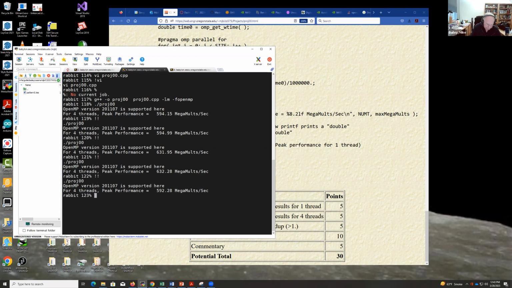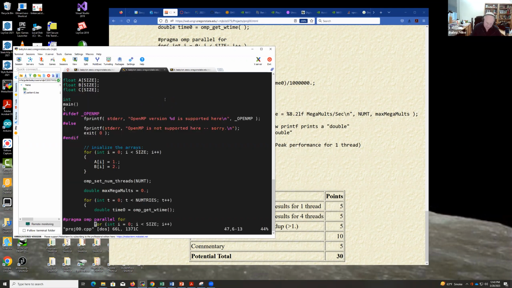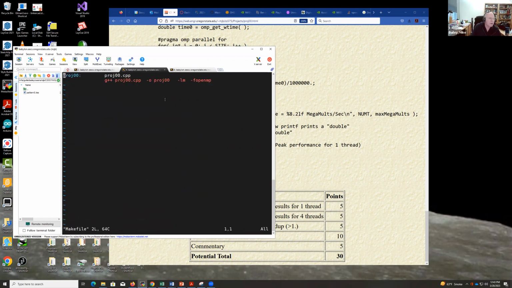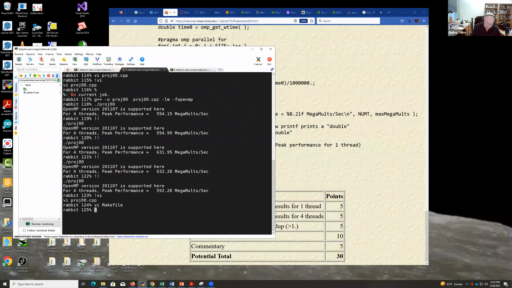All right, so there are ways to do this. Let me get in and do a save again. You can also build this into a makefile. If you like makefiles, this works great. You create a file called makefile with a capital M. Here is what we're trying to build. Here is what we need to build it. And if we have that, this is the command to build it with, which is what I had just typed in. And so then if you say make